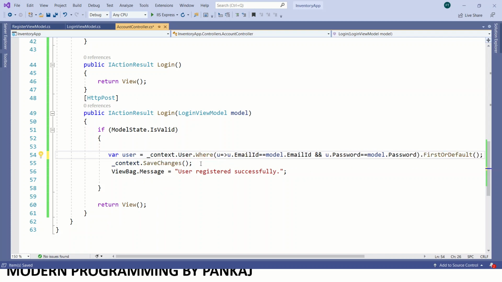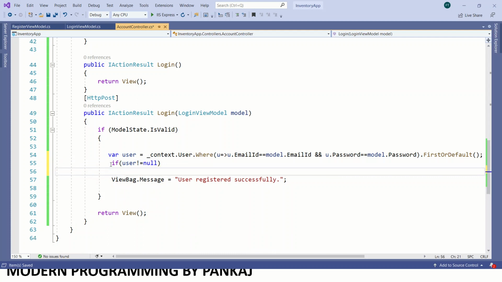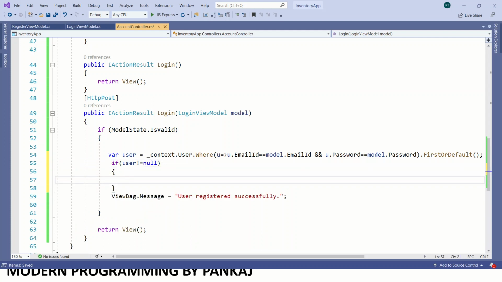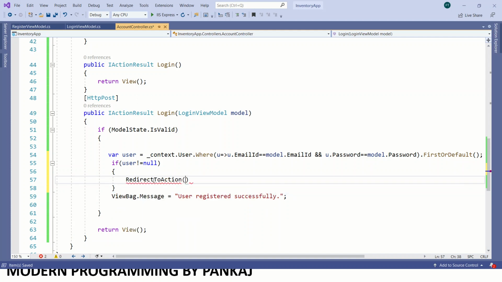We just need to check the if condition here. If the user is not null, it means we have logged in successfully, and if you are logged in successfully, you need to redirect to the product page.